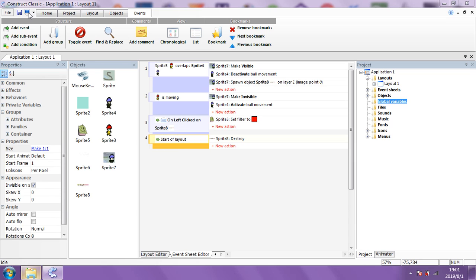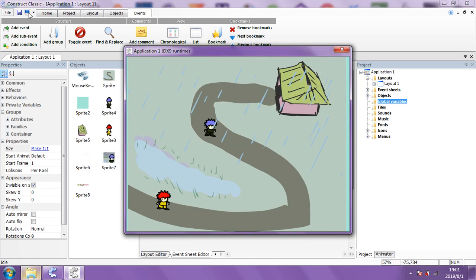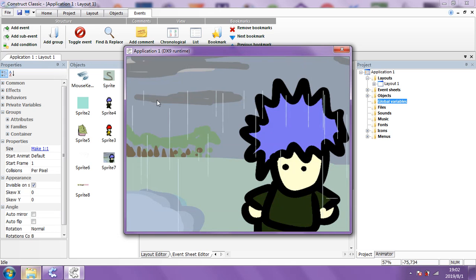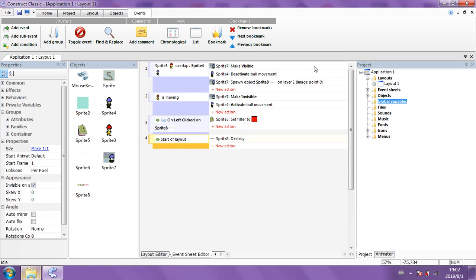So we're going to see if this is working. You get the idea though, right? We have to work this out. So the thing's not visible, right? If I use my mouse and click here, it's not going to come into being. If I walk into the guy now, it doesn't come into being because it needs to be spawned. Okay, it kind of works well. So spawn. Ah, but it needs to be spawned, right?